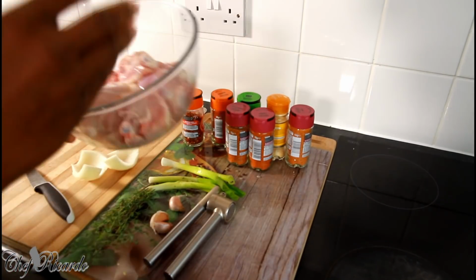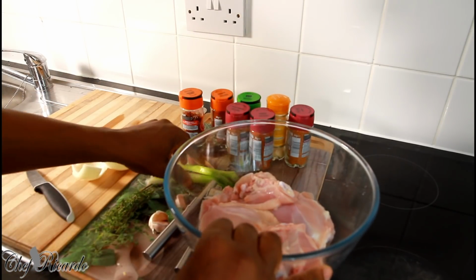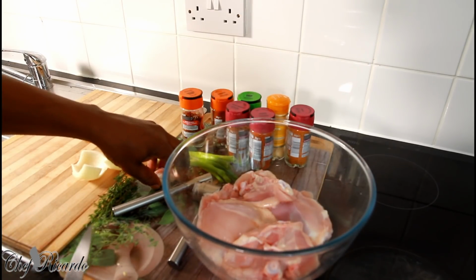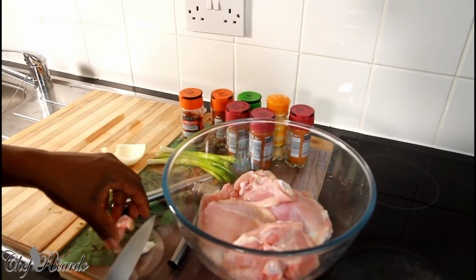So basically I just wash off some chicken thighs with some lemon juice. That's the main thing which you want to do. I got 3 cloves of garlic right here,